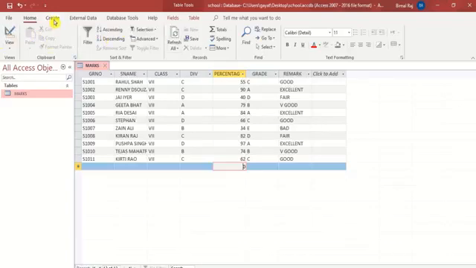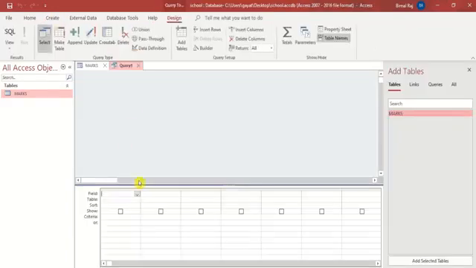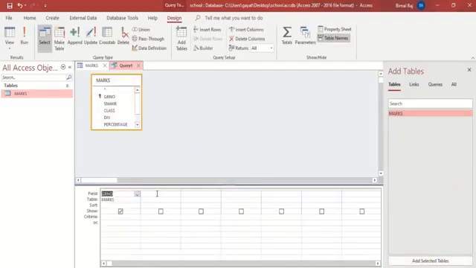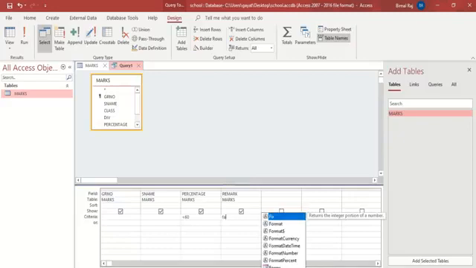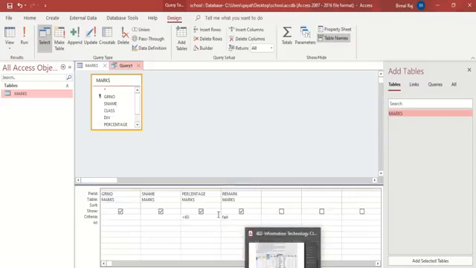So once again, create query and select the marks table. Let's take the GR number. I can select from here also. This is another method. From here also I can do it, or I can simply drag and drop. And here let me take percentage and the remark. Now percentage criteria I am giving as, let us take, less than 60 and remark fair. Two conditions, percentage less than 60 and remark fair.